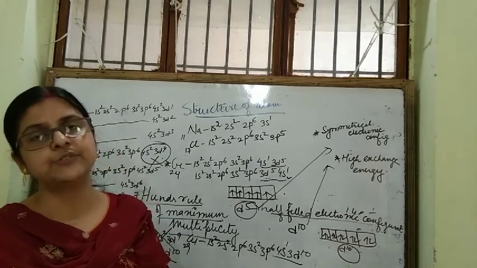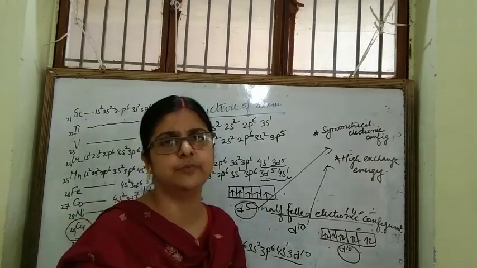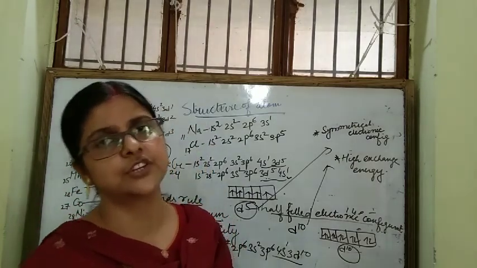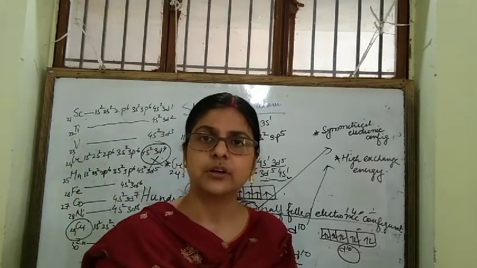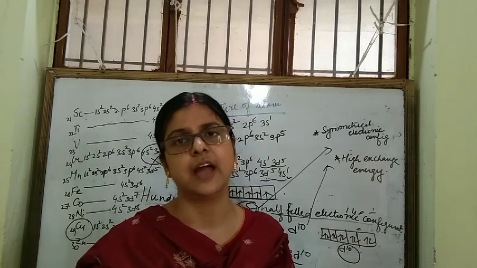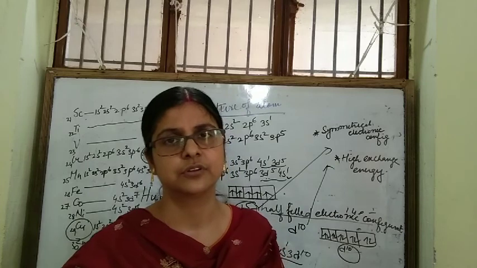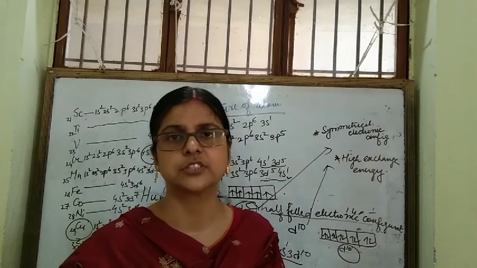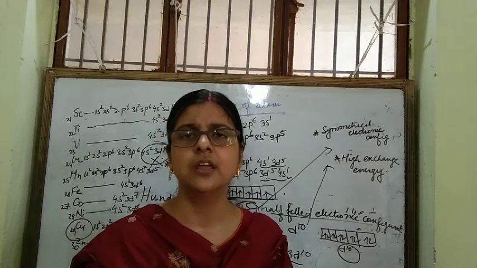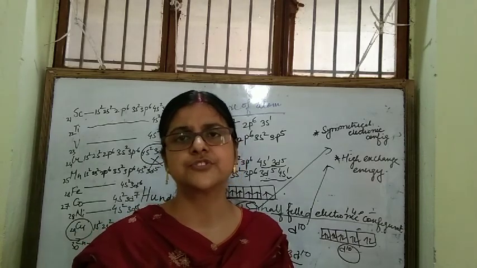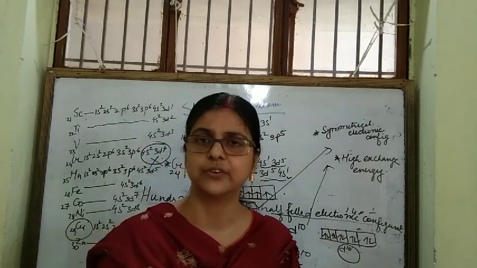You will try to write the electronic configuration, and you will get many other exceptional cases. If you write the configuration of silver and palladium, there also you will see that due to completion of the d orbital, it has an exceptional electronic configuration. Okay, that's all about electronic configuration. Try to write the electronic configuration of an element and also its ion, and how you can write the electronic configuration after loss of electron.